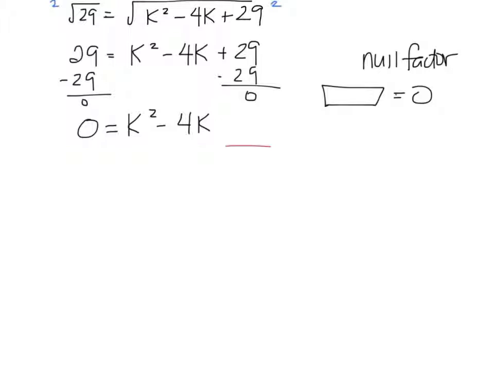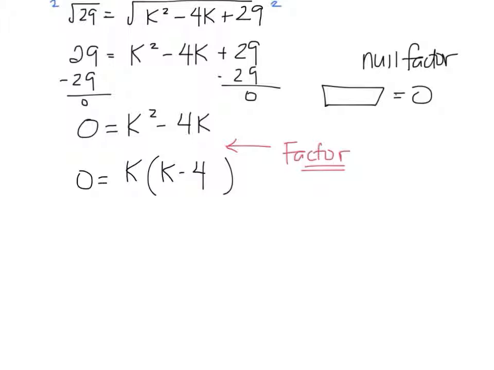And what you do at this stage, once you have it equal to 0, is you're going to factor. In this case, because I've lost my 29, I've lost a term here, I can't use PSF. I'm just going to factor this expression and say, hey, what is a common factor of k squared and -4k? Common factor of k squared and -4k is k, which means I can factor that out. K squared divided by k is k. -4k divided by k is -4. Now I have two expressions, and they're both equal to 0. That's the null factor law